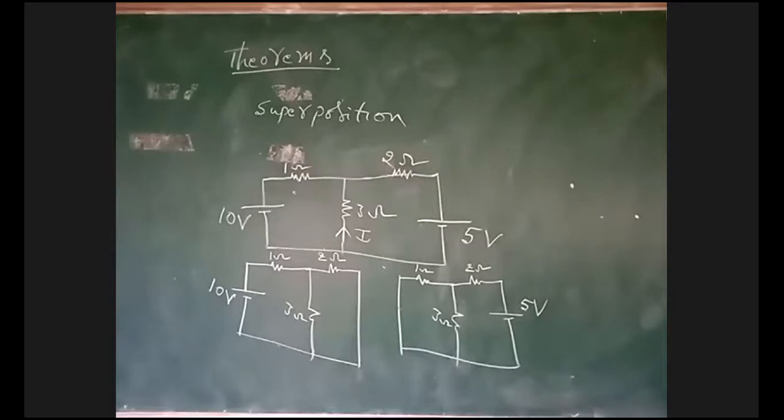Suppose if 10 voltage sources and 5 current sources are there, consider only one voltage source. Remaining 9 voltage sources short circuit, and all the remaining 5 current sources have to be open circuited. Only one source should be there in the circuit when determining the current in the 3 ohms. In the problem he is asking in 3 ohms only. Okay, this is the concept.